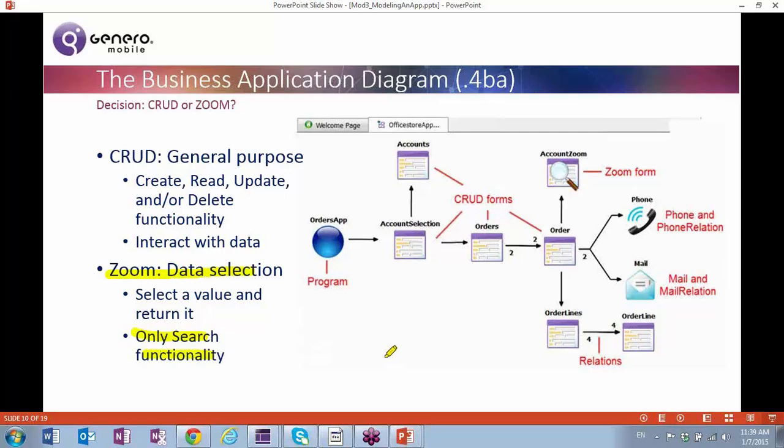So you can see that the choice is pretty easy for forms. You have the choice between CRUD forms and Zoom forms, and of course most of the time it's going to be a CRUD form, a general purpose form. So here you can see that most of the forms here are CRUD forms. We talked about